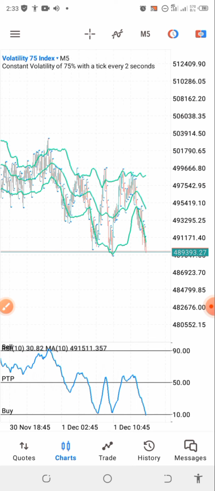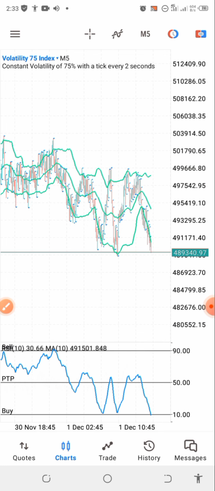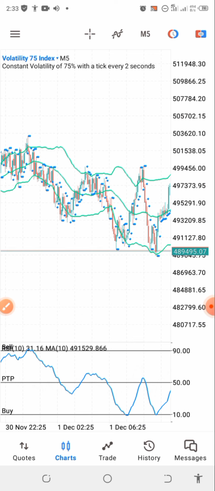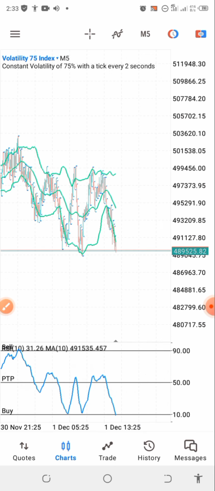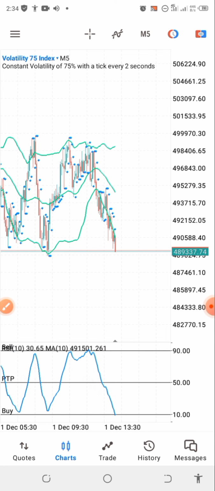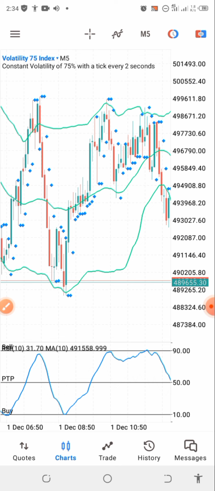First, let me explain the zoom levels. When you zoom out completely, you can see I was able to zoom to the lowest candle. You want to zoom in multiple times, just two times: the first one, and then the second. Then you are good to go. You have your zoom level right now.